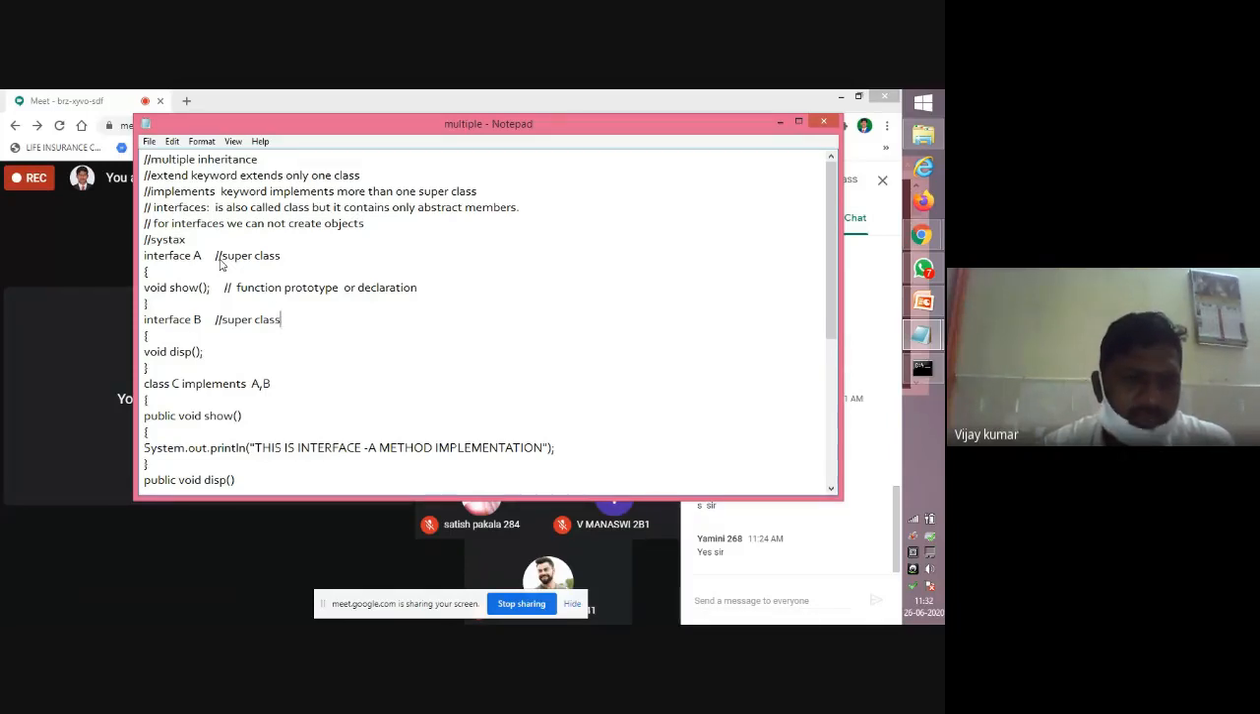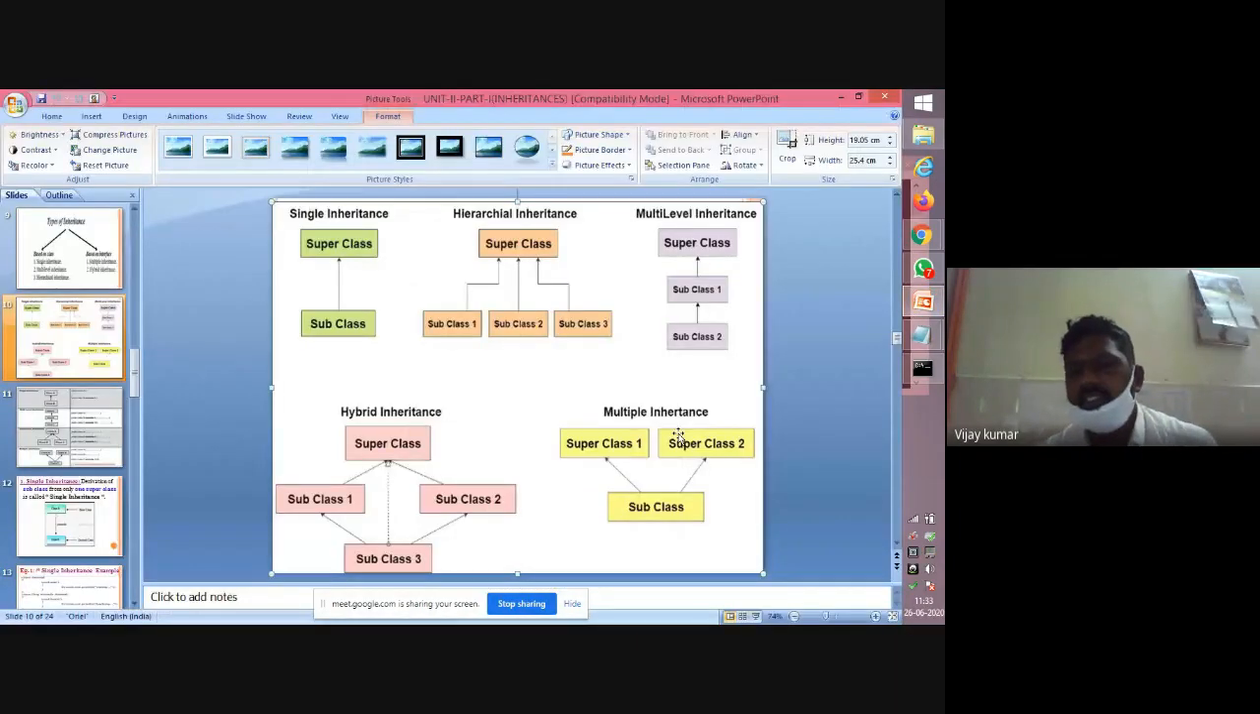Okay, now, the interface concept. So now you see, this C is the subclass. Class C is the subclass. Now see, is this syntax matched or not? You just see the multiple inheritance